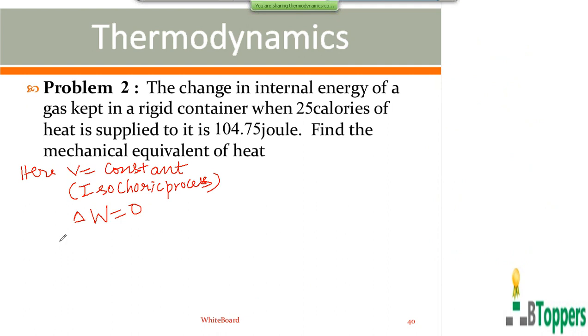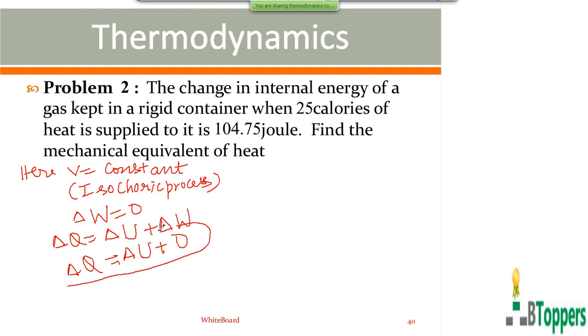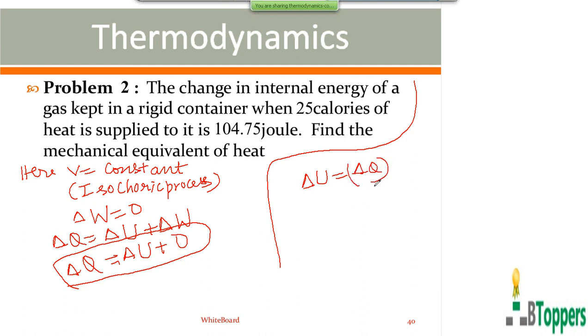So here, from first law of thermodynamics, delta Q is delta U plus delta W. So when no work is done by the gas, the heat energy absorbed by the gas is entirely used only for increasing the energy of the gas. So change in the internal energy is same as the heat energy absorbed by the gas when the gas is heated at constant volume.